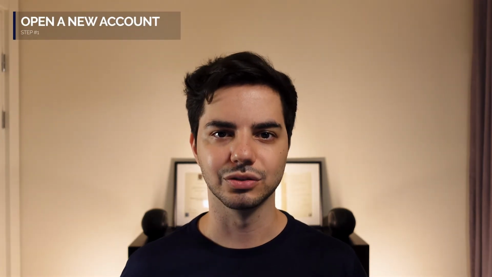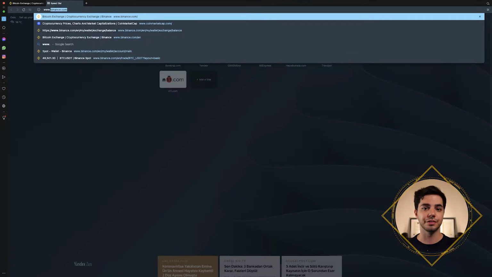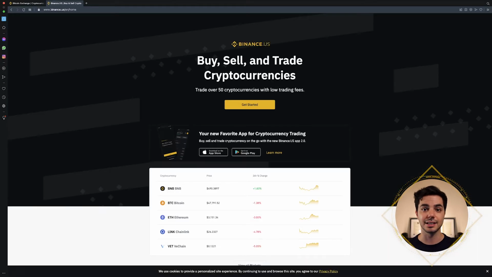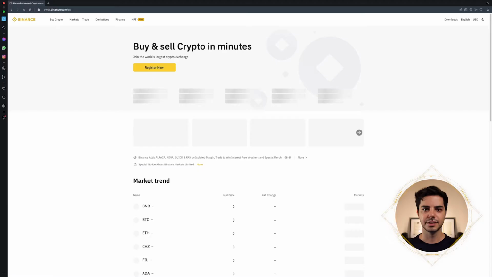Okay, now that we know who we are dealing with, let's open an account. First, make sure that you're visiting the correct Binance, as in certain countries, you're obligated to use a particular Binance platform. For example, if you're in the US, you may be obliged to trade only by visiting binance.us. For the purposes of this video, however, we're going to assume that you can use binance.com. Now let's go to